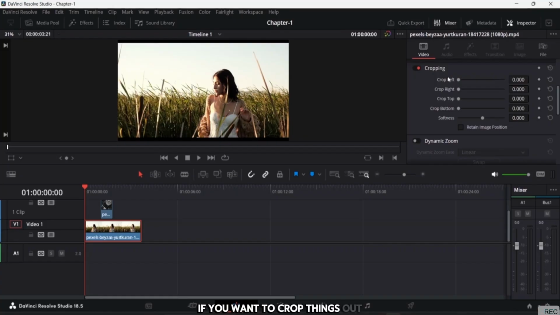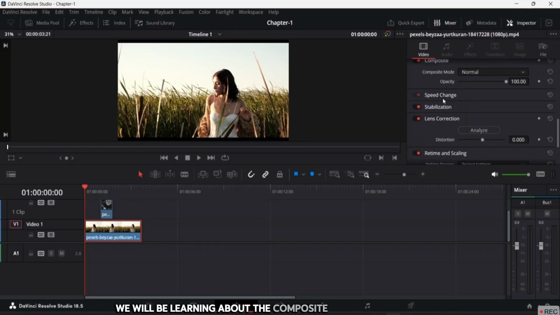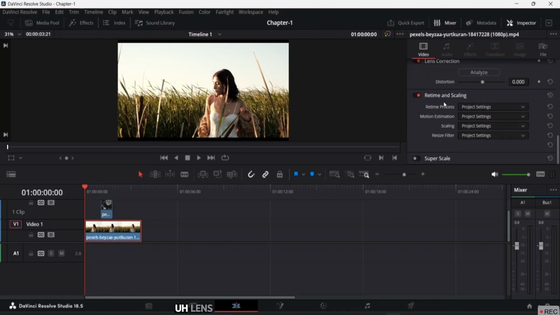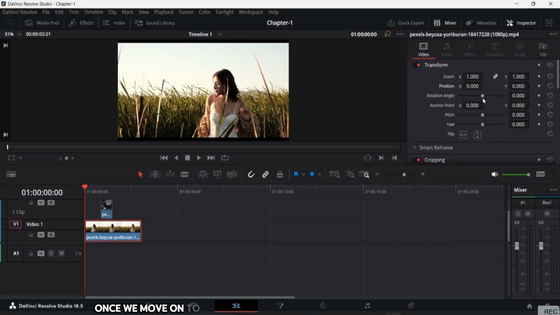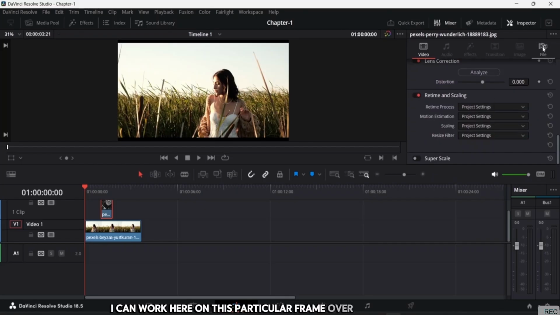If you want to crop things out, you will be able to crop them out here as well. The dynamic zoom, we will be learning about the composite mode, stabilization, lens correction, super scale, retime, and scaling once you move on to some advanced features. As I have not used any audio or any effects or transition images yet, I don't have access to that. But here, if I select only this particular frame,